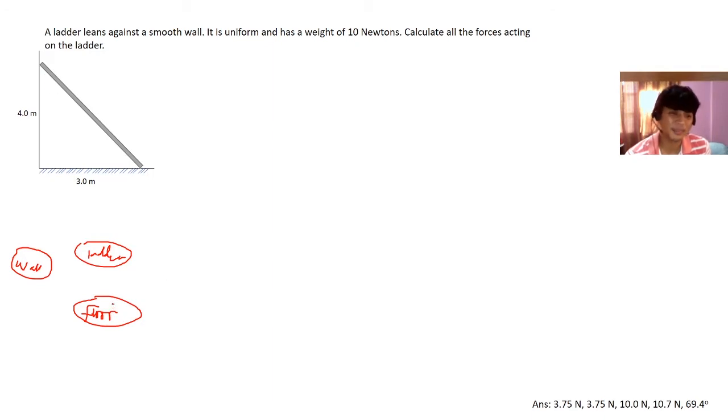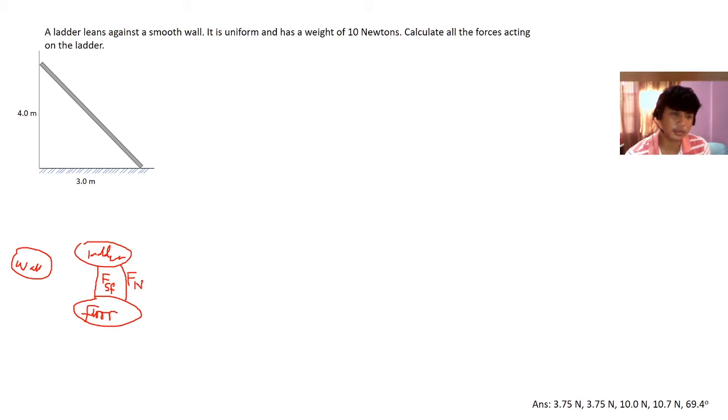So what that implies is that there is friction between the ladder and the floor. So let's do that. In particular, it's called static friction because there's no movement, but there's a friction. The other kind of friction force is kinetic friction, where there is movement and there is friction. Also, there is a normal force between the ladder and the floor,